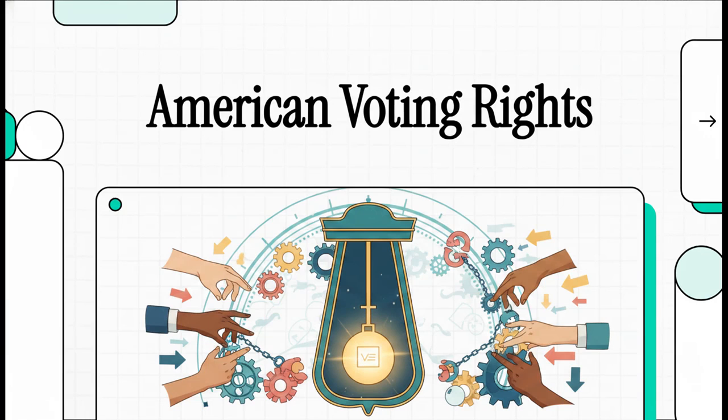I am absolutely thrilled to be your professor for today's Explainer, where we're going to dig into the fascinating push and pull history of American voting rights. You know, we often tend to think of history as this straight, upward line of progress, right? But as we're about to explore today, the reality is far more dynamic, much more like a pendulum.